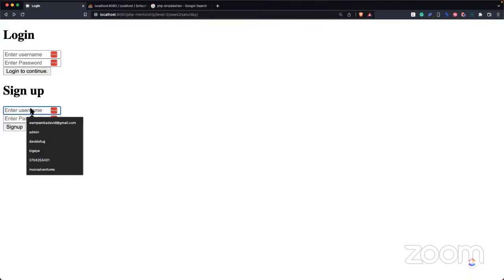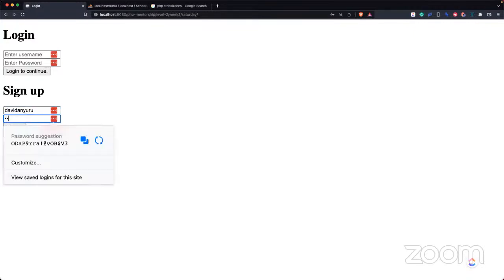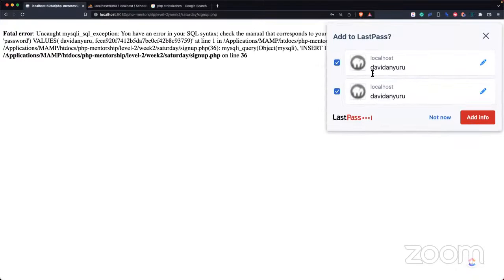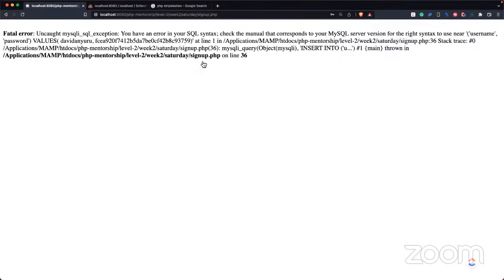So the sign up this time around, I'll put David Anyuru, and I'll write the password. So I'll click sign up. An error is here. You have an error in your SQL syntax. Check the manual that corresponds to the MySQL server version for the right syntax to use near username, and then